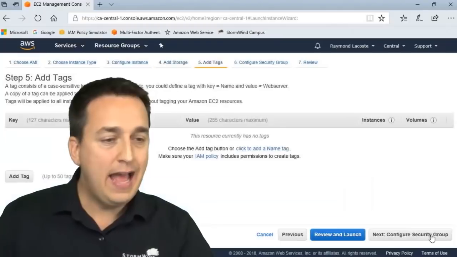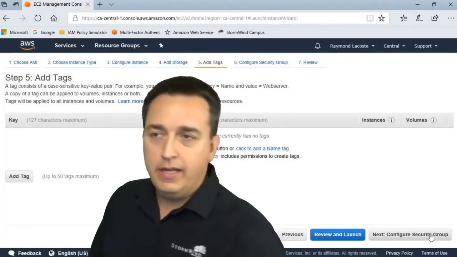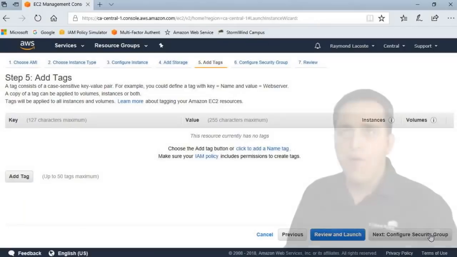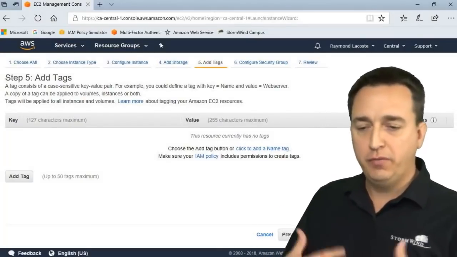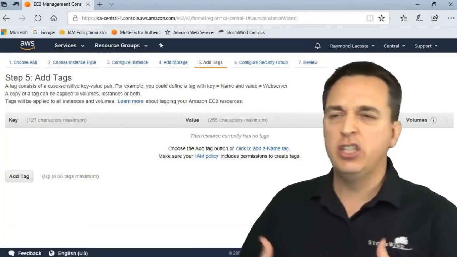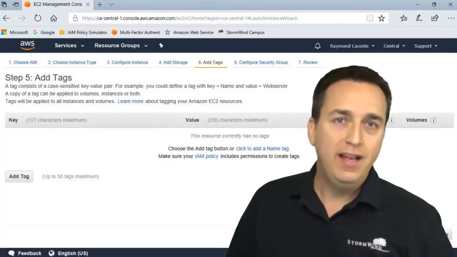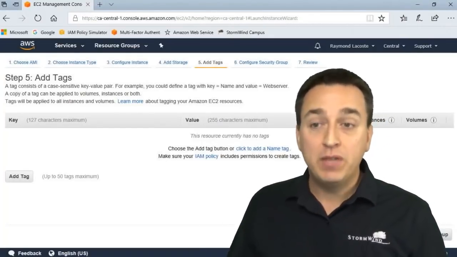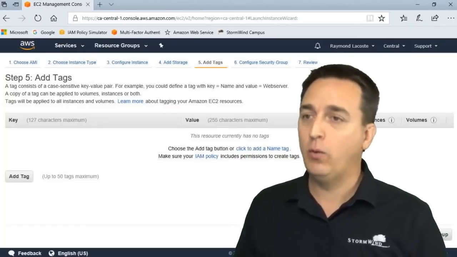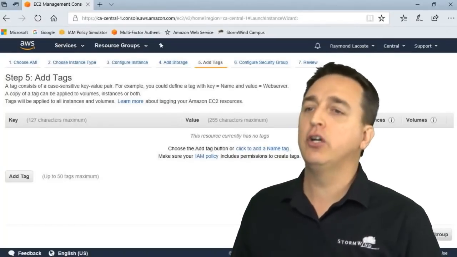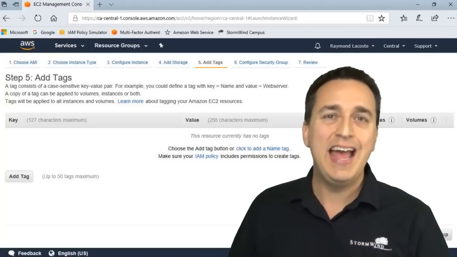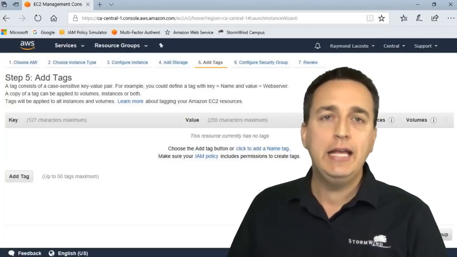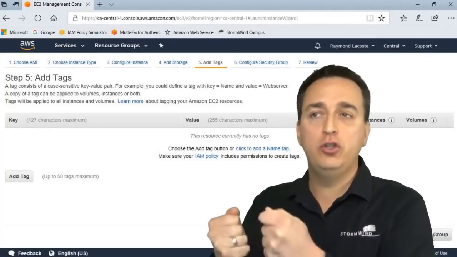And let's click on Add Tags. Now, tagging is a way for us to provide additional descriptions and information about our server. Most people skip this because they feel it's a waste of time. I highly encourage you to embrace tags. Tagging is going to be extremely valuable to you